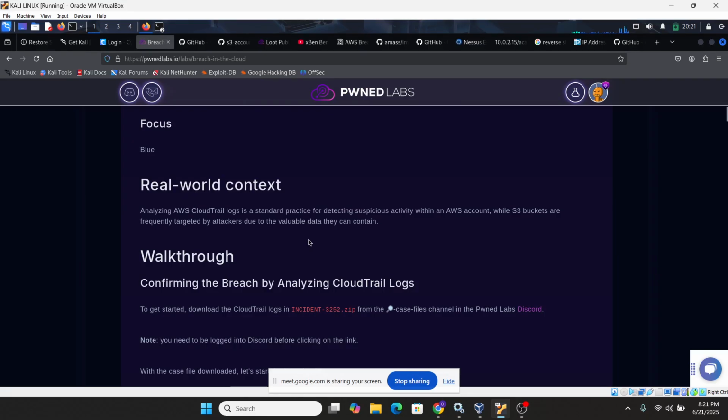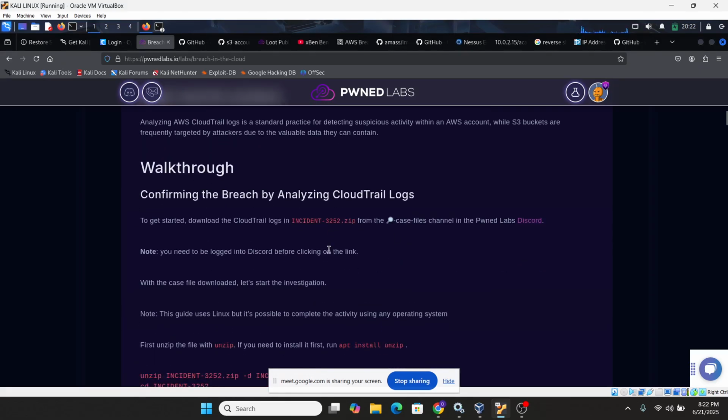So we are going to start with this lab now. But once we are here, we need to make sure that we are logged into our Discord and click on this link so that we can download the CloudTrail log. It's called incident-3252.zip, so that we can download it from Discord and import it into our machine.